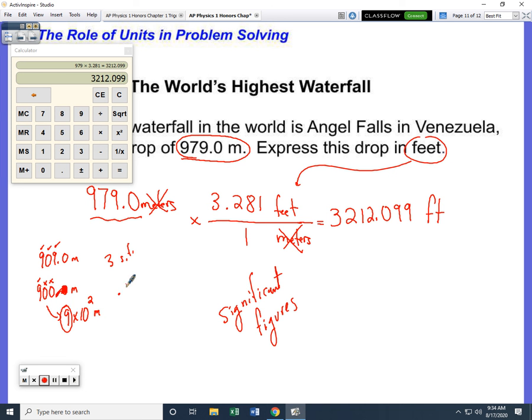If this was 0.009 meters, same situation. This would only have 1. These would not count because they are between a decimal and a non-zero number. Basically the same idea. You can write this as 9 times 10 to the negative 3 meters, and you can get rid of them. However, with that in mind, this zero over here is probably the strangest one. If you have a zero that's to the right of a non-zero and to the right of a decimal place, it does get counted.